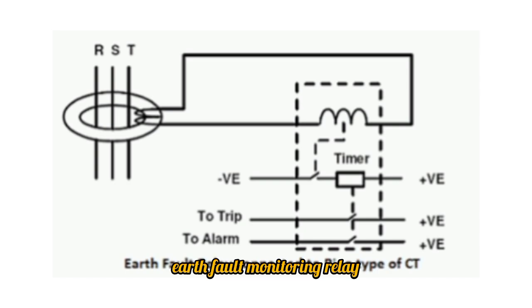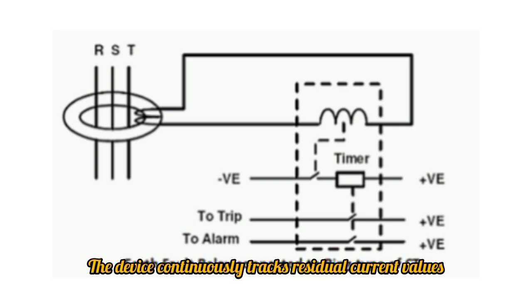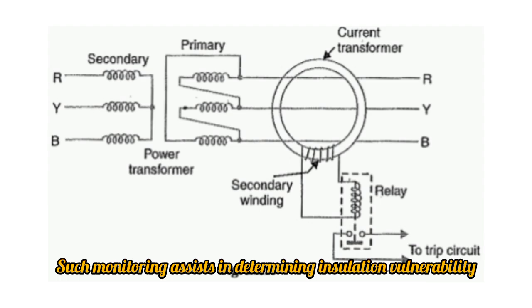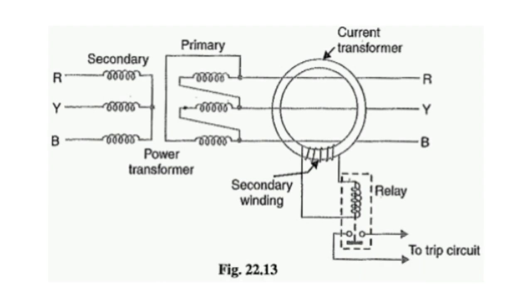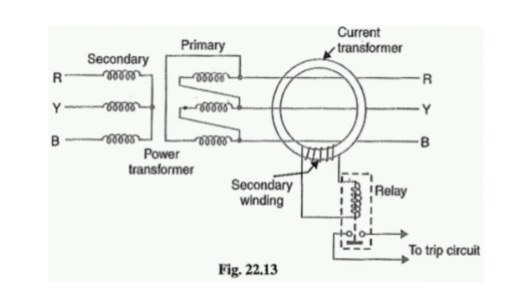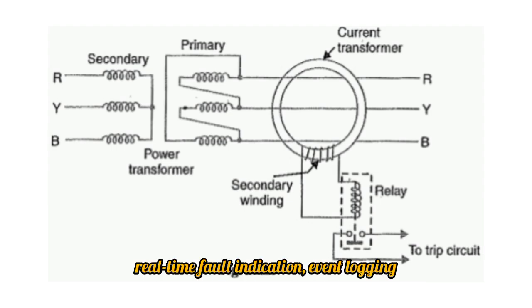Earth fault monitoring relay. A contemporary earth fault monitoring relay is a protection element and a diagnostic mechanism. The device continuously tracks residual current values and stores background data in its system. Such monitoring assists in determining insulation vulnerability and supporting maintenance operations before breakdowns occur. Smart relays offer features such as real-time fault indication, event logging,